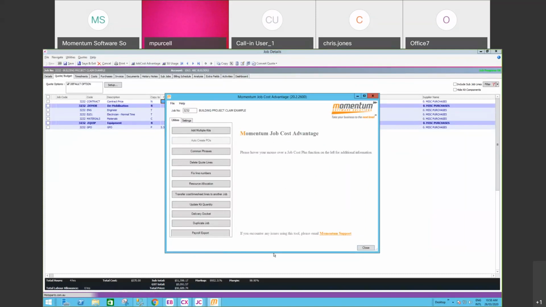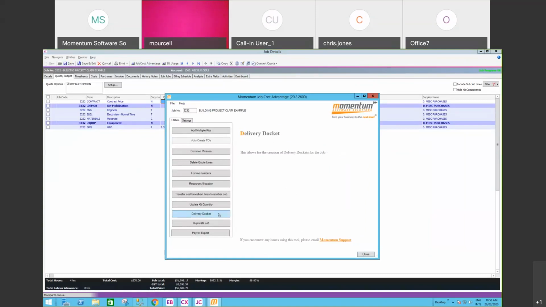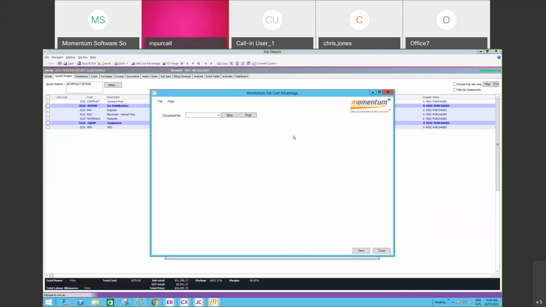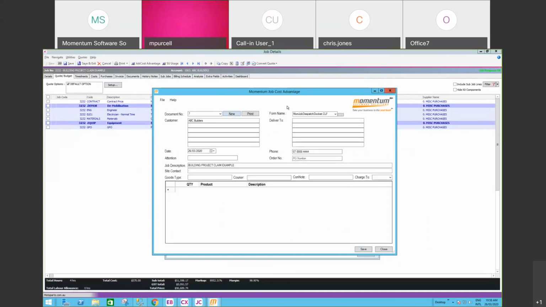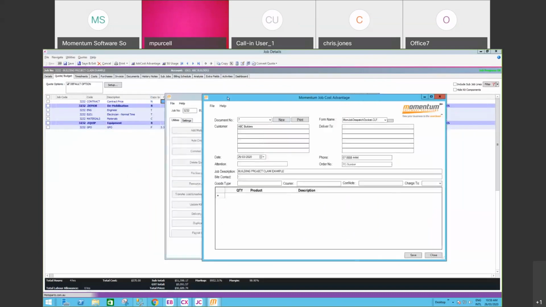And then another one that a few of our clients use is delivery dockets from jobs. So this kind of came about from a requirement where our client is using a job to fabricate something. The item that they're fabricating needs to be sent out for outsourced work, be it powder coating, painting, could be anything. There's no easy way to produce a delivery docket from a job for an item unless that item is either a stock code on the quote tab of the job, which it may or may not be,